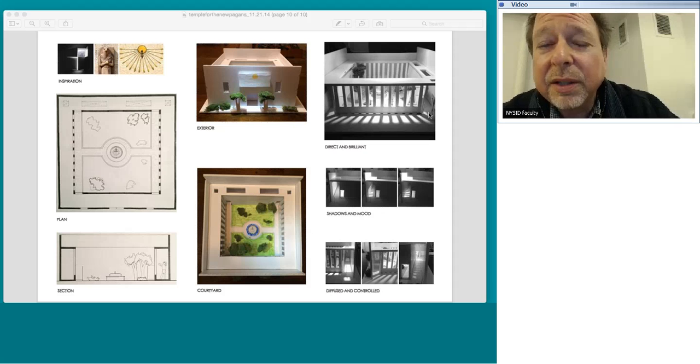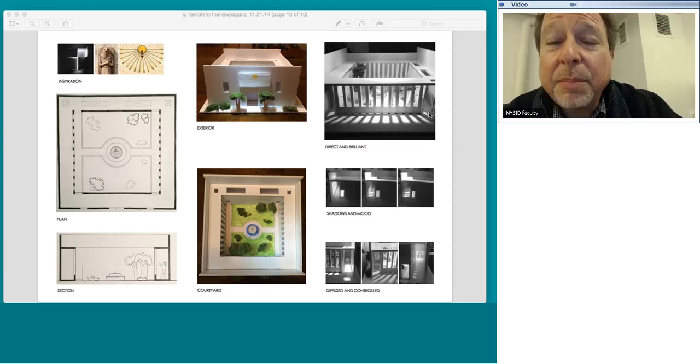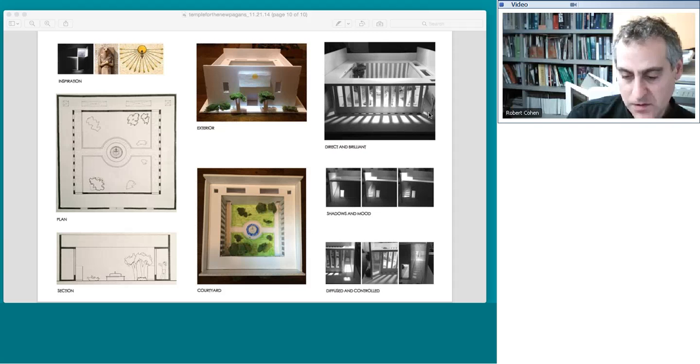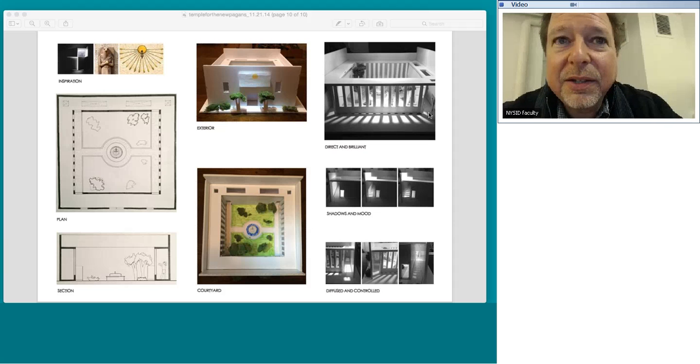It's another thing to make a model in which your subject matter is light and then capture it in a black and white photo. I think it's actually an amazing thing. And so I really think you've hit upon something with the light. But having said that, in a certain way, what's possibly more interesting to me is the idea that you've made a courtyard, and you've made this courtyard totally inward